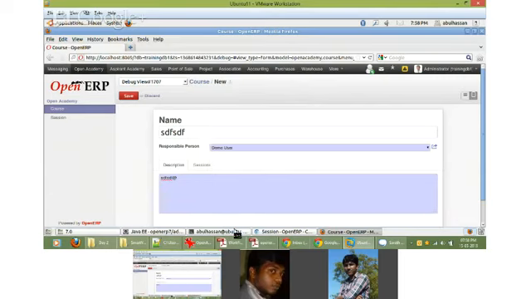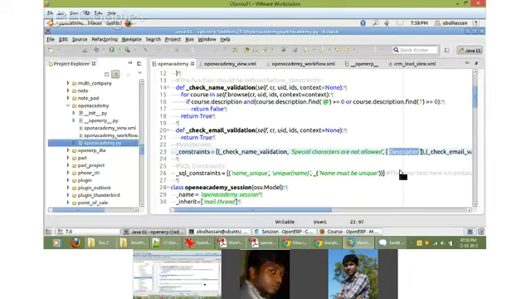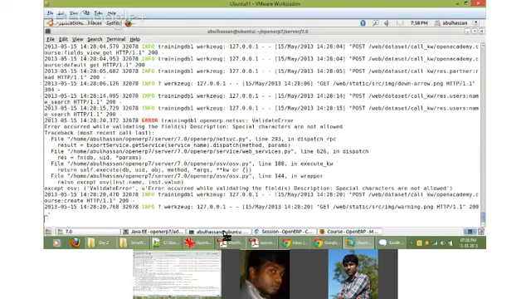What it actually does is, if I change this as description, and instead of that I put something else, even now it will work and it will say that.